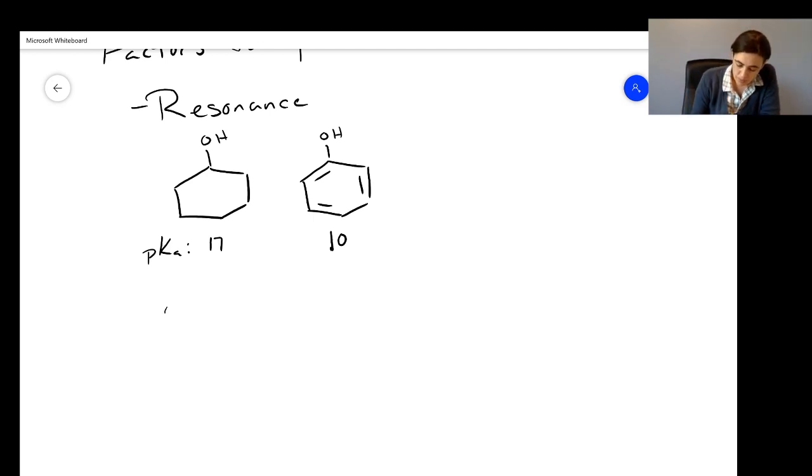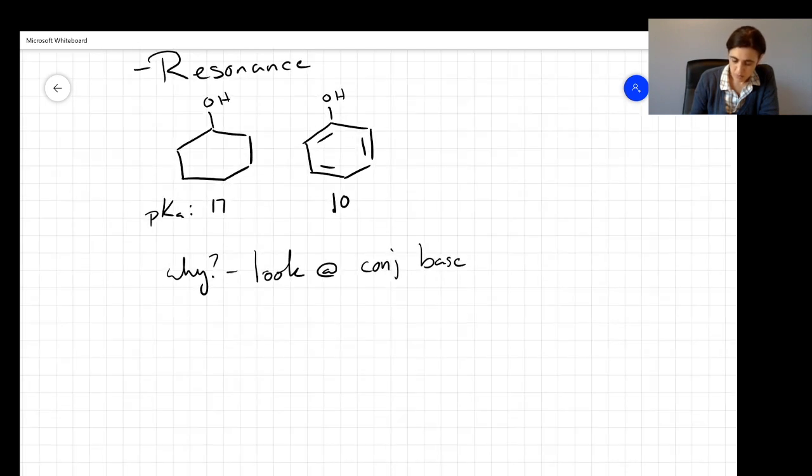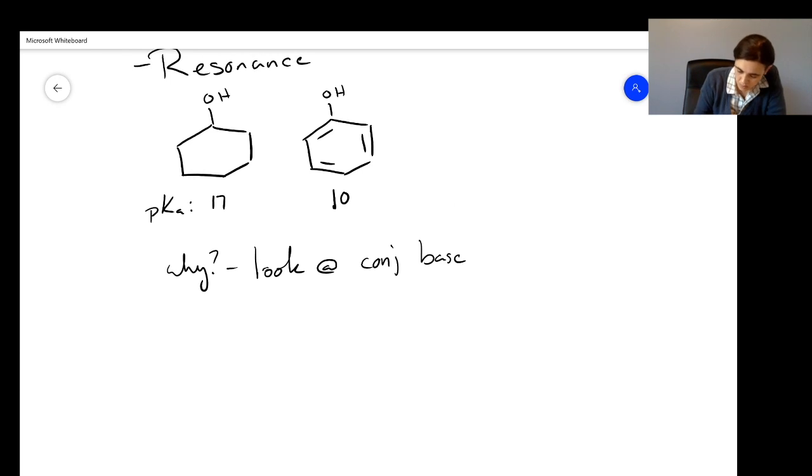Well, to answer that question, let's look at the conjugate bases. So here, if we look and compare the conjugate bases,